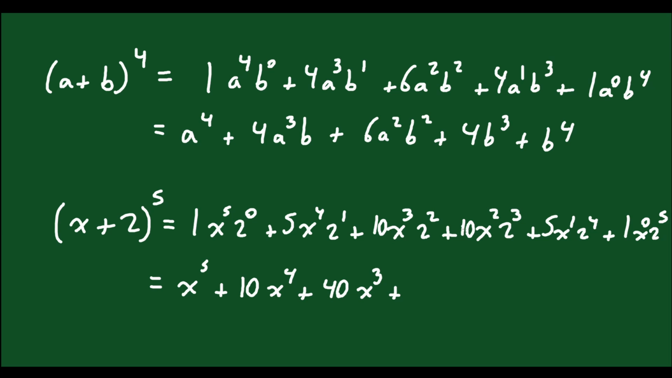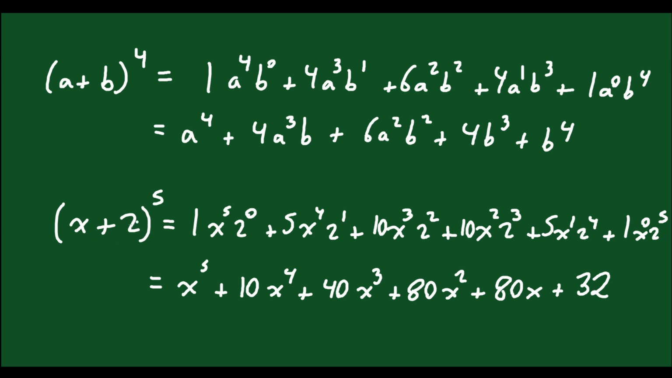2 cubed is 8 times 10 is 80, so 80x squared. 2 to the 4 is 16, 16 times 5 is also 80, so 80x. Plus 2 to the 5 is 32, and x to the 0 is just 1, so that's just 32. Okay, and that's it. So as long as you can remember this system where you write your a and b value,